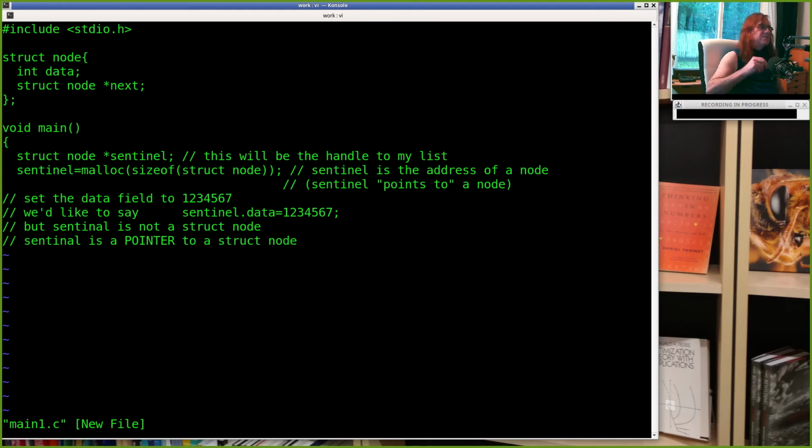Right? Sentinel's not a struct node, it's a pointer to a struct node. If you have something that points to an integer, and you want to actually get to the integer, you want to dereference that pointer. We say star followed by the name of the pointer. So if we say star sentinel dot data equals 1, 2, 3, 4, 5, 6, 7,